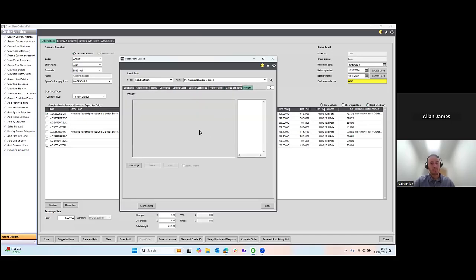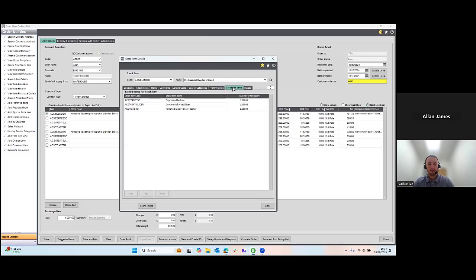I've got no images at the moment, but I can have an image against the stock item and send those images via email to customers. They're my cross-sell items